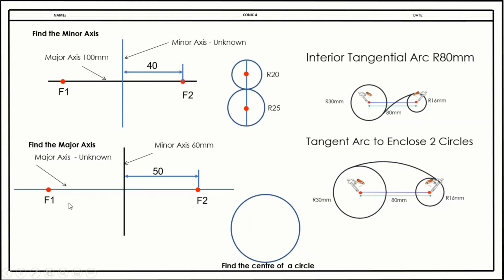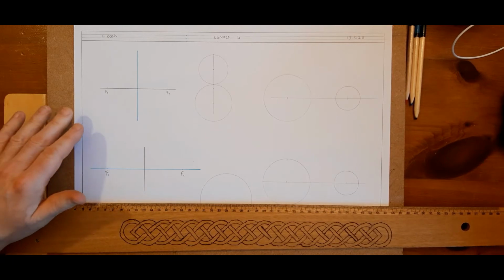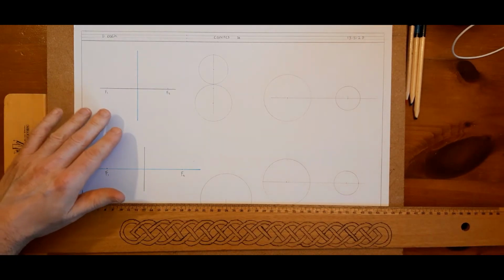We'll have the minor and the focal points, but we won't have the major. After that, we're going to talk about this piece of theory, which is the distance between